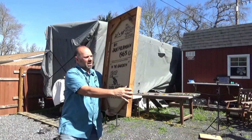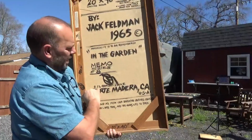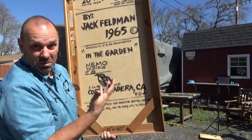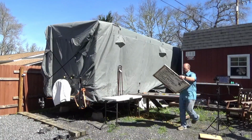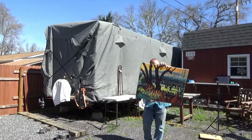See this first, 9 El Camino Drive, Corte Madera. That's where I was born. That was the house where I grew up. Oh, I like this one. This was